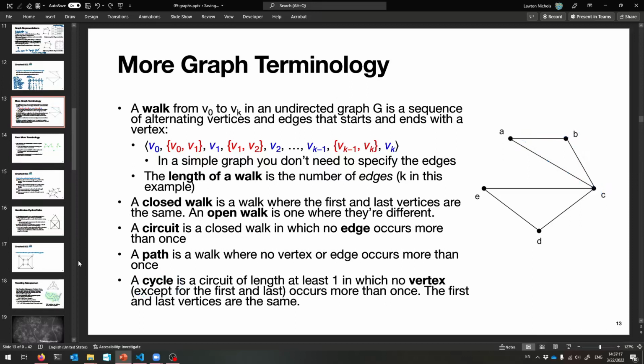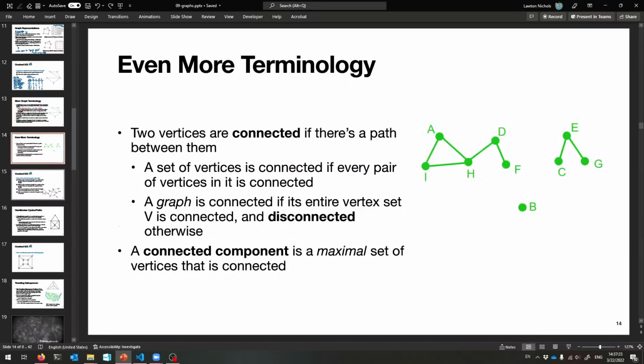Okay? So that's a lot of terminology. I'm very sorry about it. I have one last slide on terminology before a question about it. Okay? And these are kind of intuitive terms, so I'm happy we can at least get to here. So now that we know about paths and ways to move around graphs, we can talk about